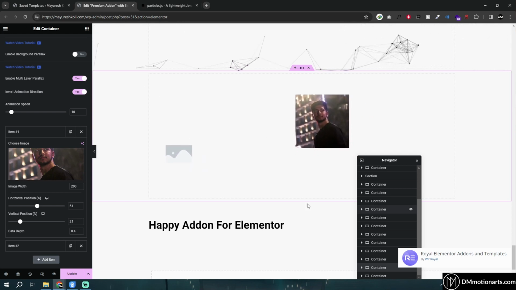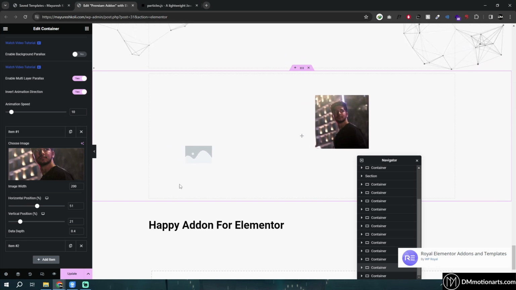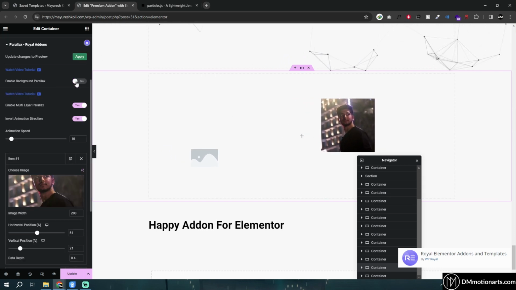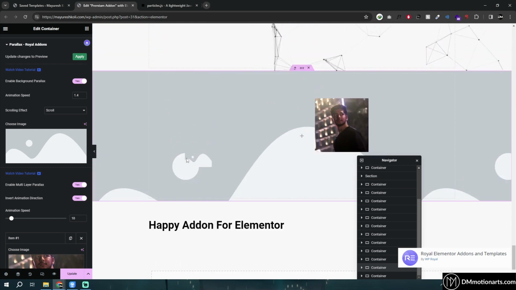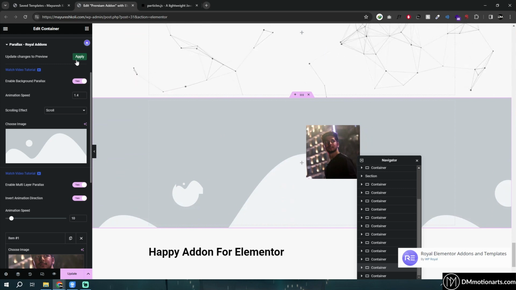So you could have like an image here with trees in the front, and when you move with your mouse, the trees will move, and you could also add both of these together and they both will work. Right now you could see the background isn't working, but that's because we need to apply, and then it